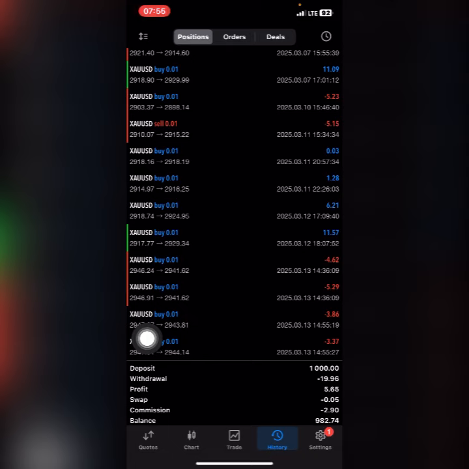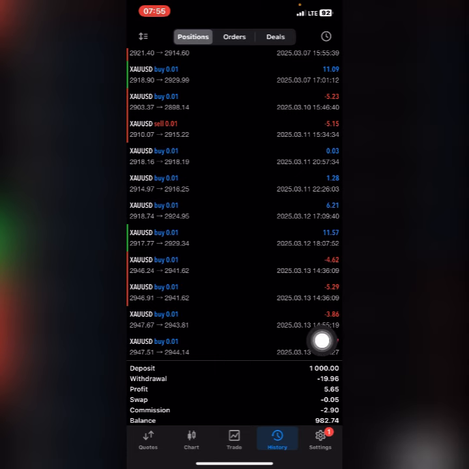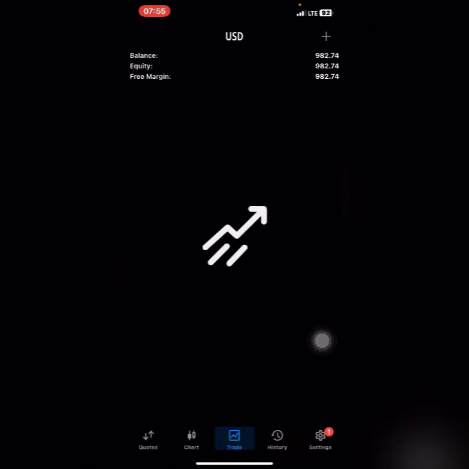So as you can see, in total I took 0.01 four times, though I entered this 0.01 twice for the first trade, and I entered this 0.01 twice again for the second trade. So that's that for that. I lost a total of about $17 to $18 yesterday. So I'm now down again, I'm down 9. My current balance is 982. So it is what it is.